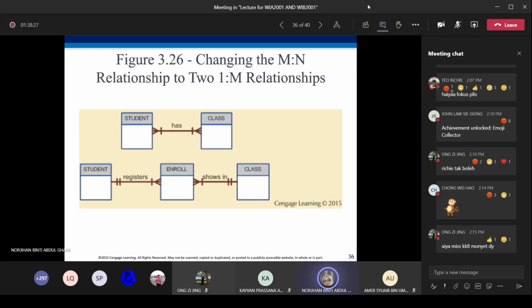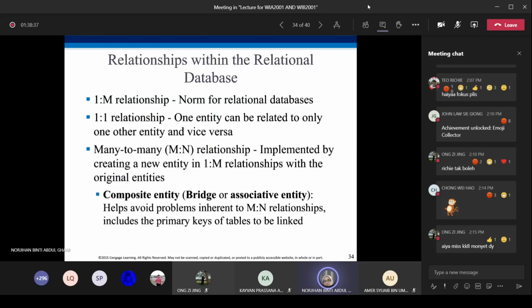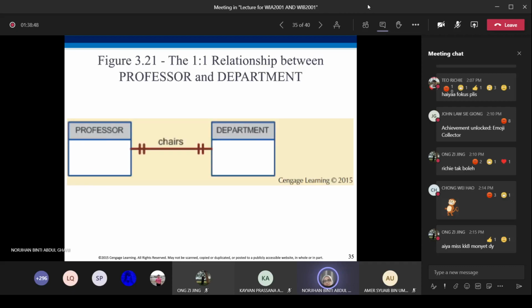We cannot have many to many relationships when we design a database. One way, as I explained earlier, is to create a new entity, which is referred to as a bridge or associative entity.